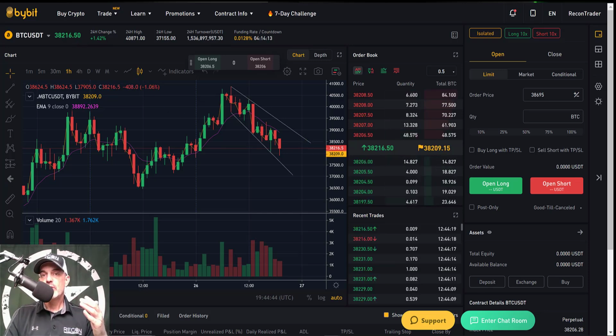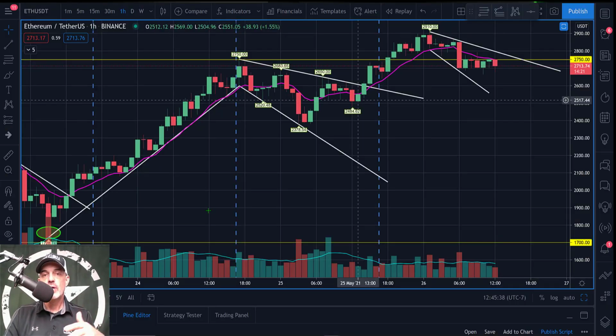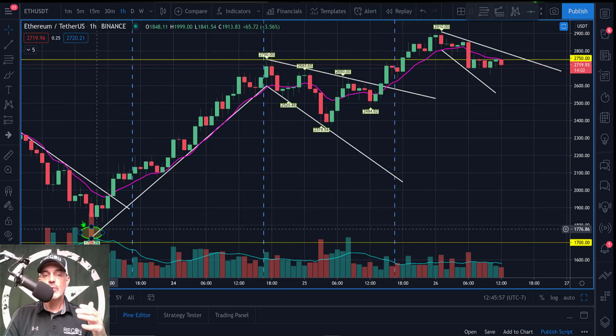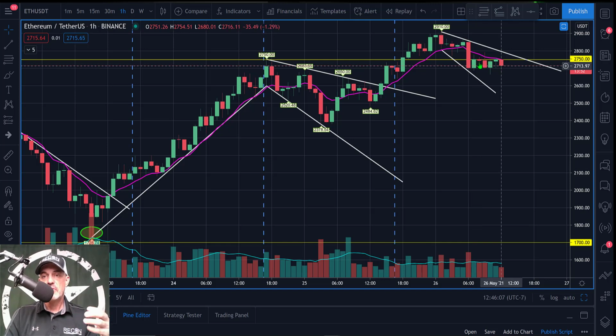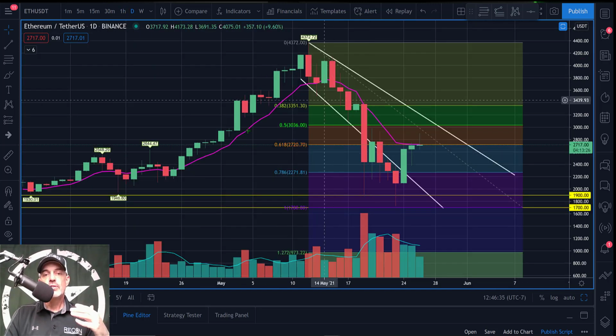So with that being said, if we jump over to the Ethereum chart, right now after dipping down to the recent low, we're seeing Ethereum follow Bitcoin with similar trade setups. It is actually moving a little more sideways than Bitcoin is at the very moment. So we'll jump over to the daily chart and start to take a look at the price action over here on the daily chart.